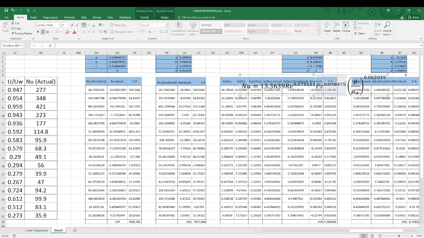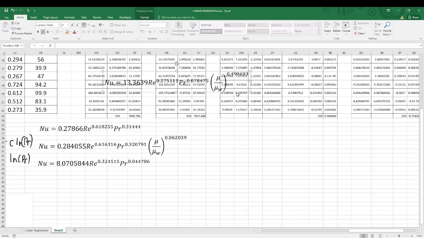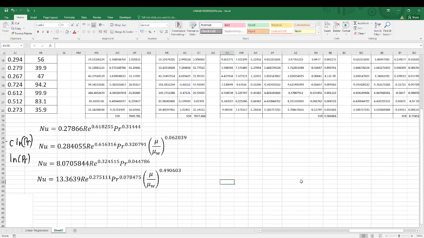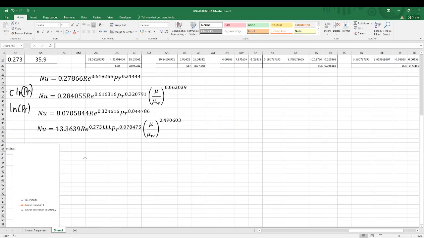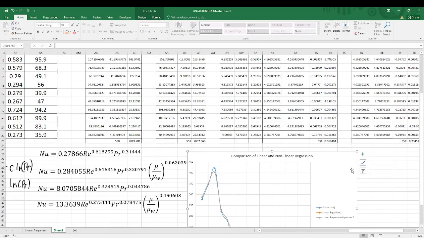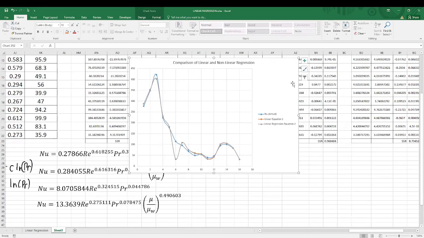Then last one would be 0.490603. So those are the equations that we get out from the method, and let's just have a visualization to compare